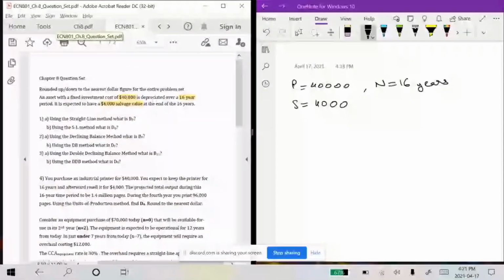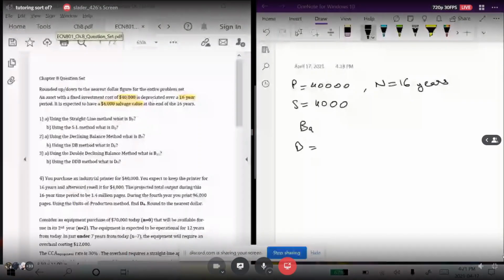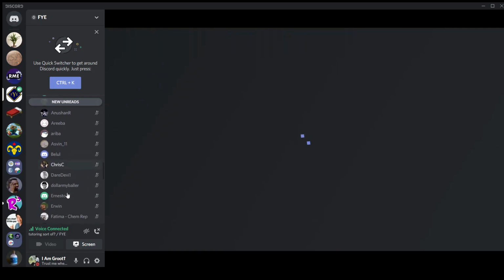To do that, first we'll just find the depreciation in any period. So that's 40,000 minus 4,000 divided by